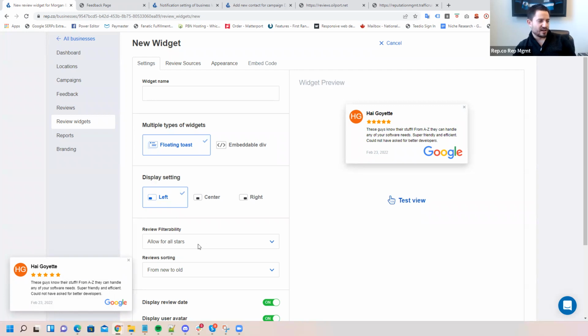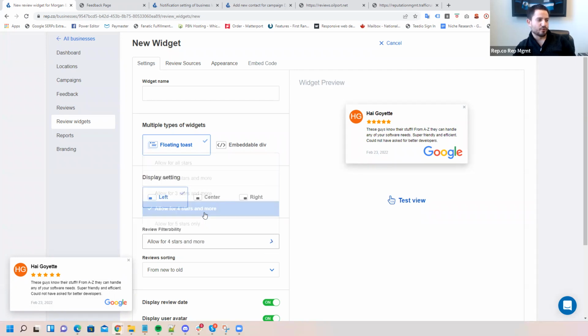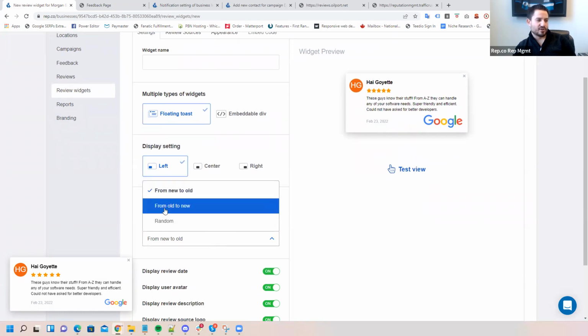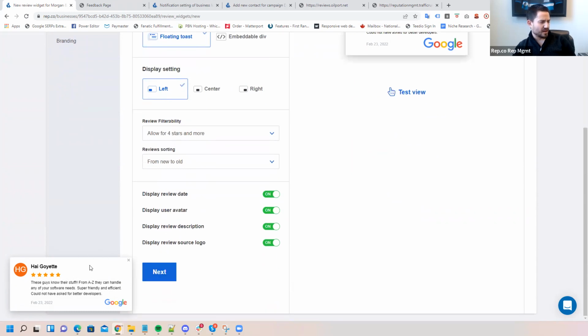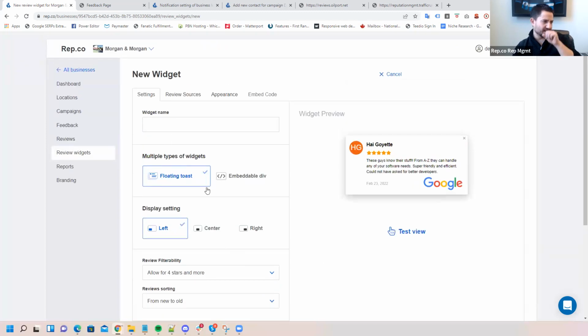And you can configure this. Again, you can filter this for only show 5-star reviews or only show 4 and higher reviews. You can rotate them from new to old to new, random. I think they rotate every 30 seconds with a new one. And then you can customize a little bit how this looks with these options. So we can display date or no date, user profile picture, no profile picture, just stars. I don't know why you'd want to do that. Or don't show what platform it was from. So a few options there. And then you can also do center, right, and